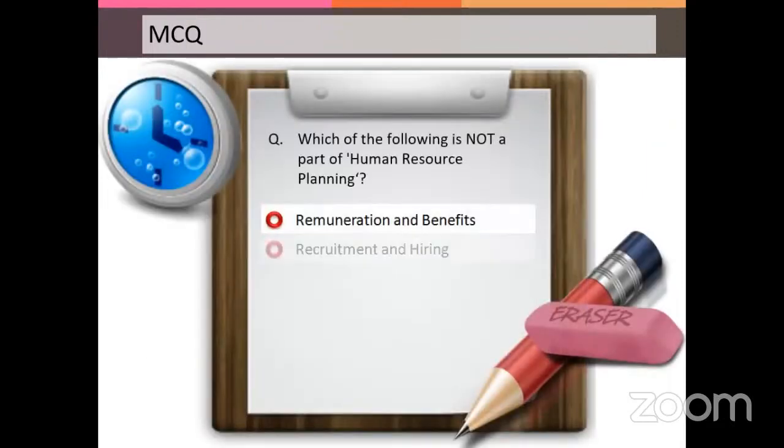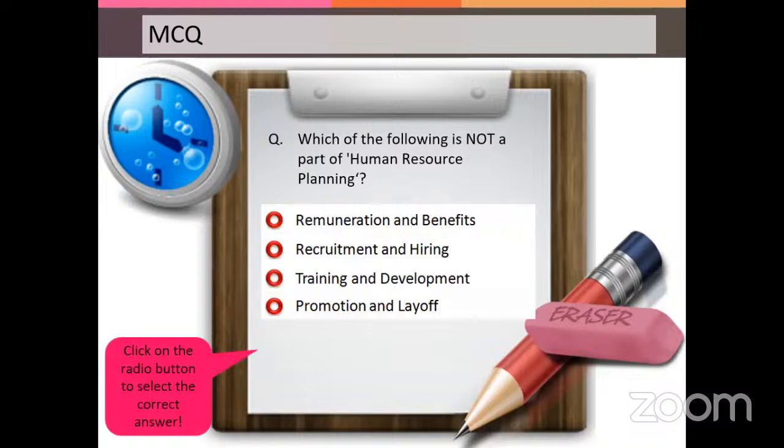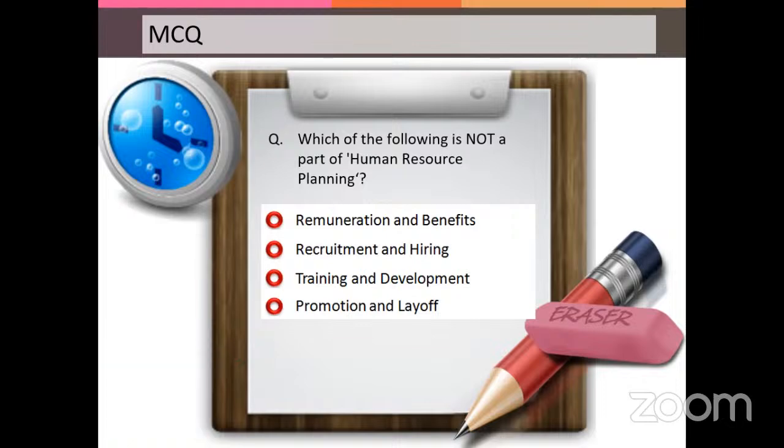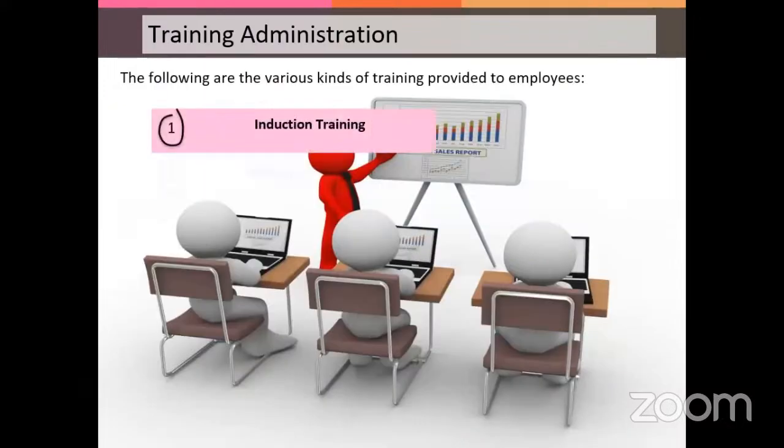Now, let's quickly look at this multi-choice question, and I would like you to put your answer in the comment section. Which of the following is not a part of human resource planning? Remuneration and benefits, recruitment and hiring, training and development, promotion and layoff. I want you to put A, B, C, or D in the chat room. Which of these is not part of human resource planning? Okay, so I'm going to jump through the question and then I will go through the next,